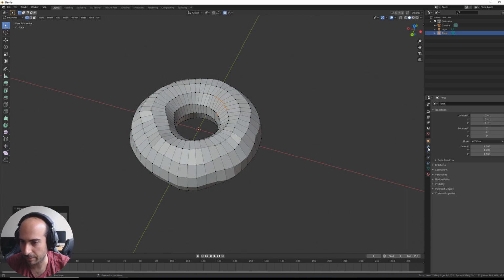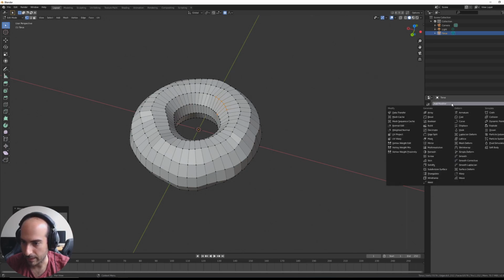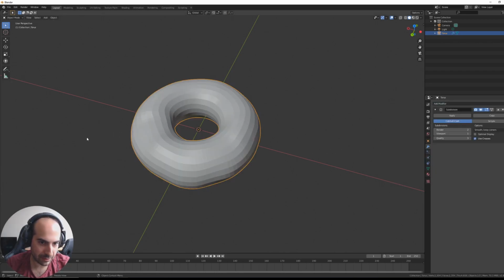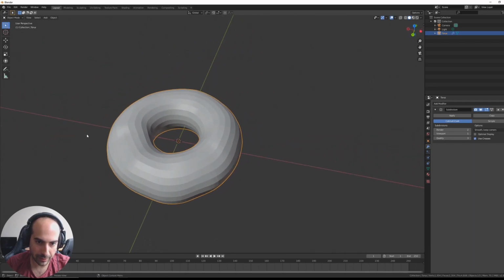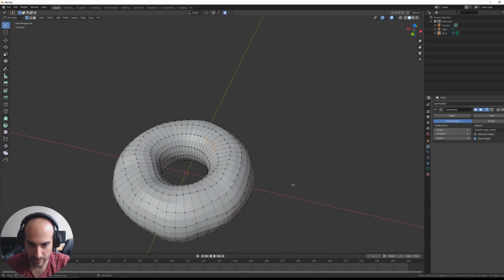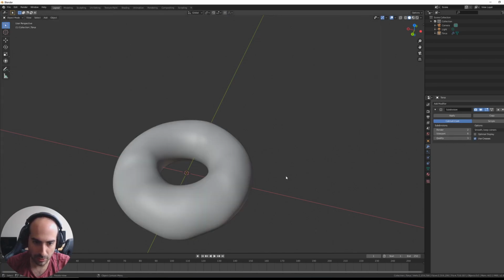It's here. If you go to the Modifiers tab, it's called Subdivision Surface. When I add it, it doesn't look like much happened. But if I click Tab, you'll see this looks a lot more circular now. It still has some of these edges, so let me show you this. If I increase the viewport level,